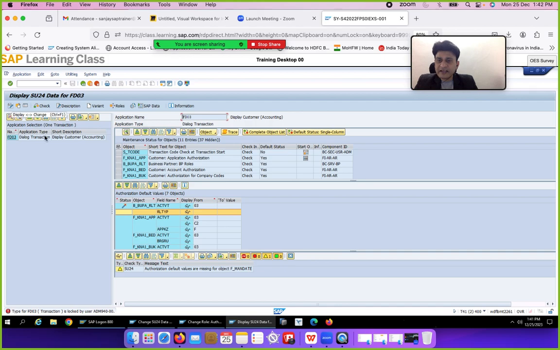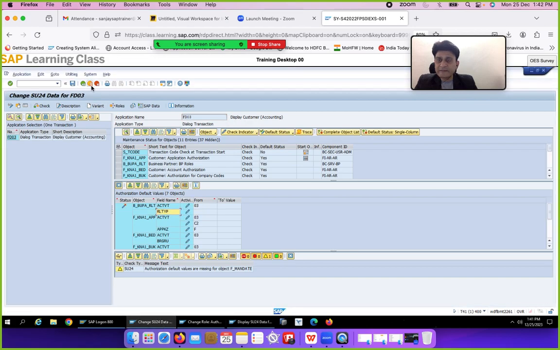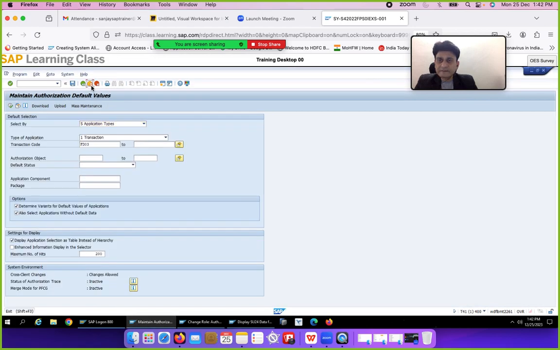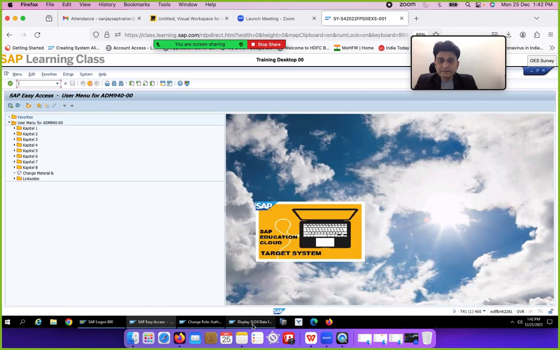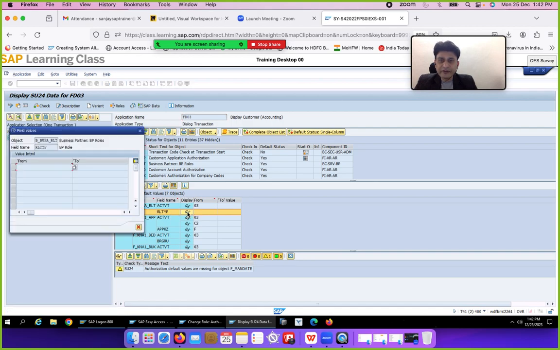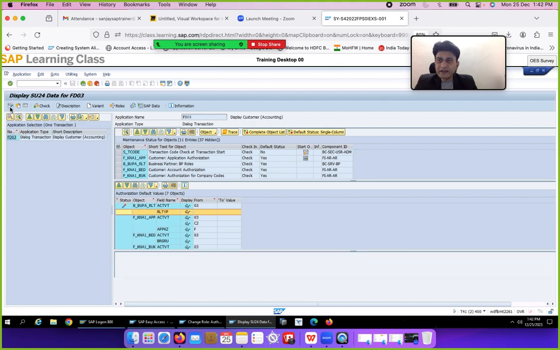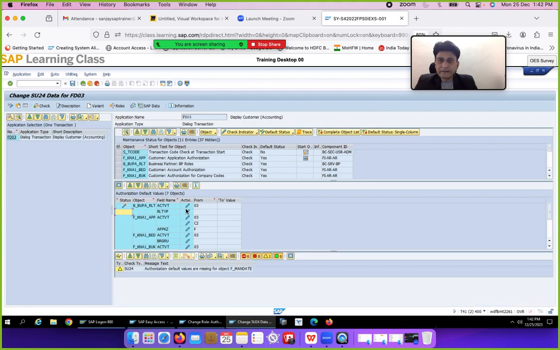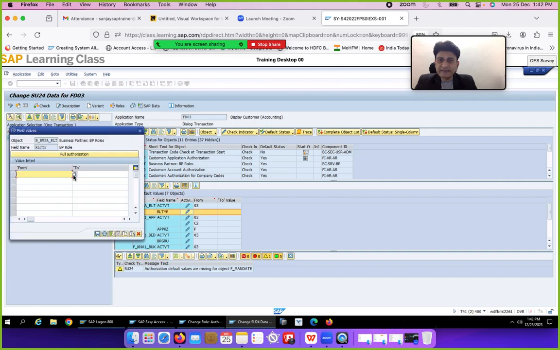Okay, the FD03 transaction is logged by the user. Okay, so now I'm going to change this default value for business partner. I am going to put some value here, RLTYP. I am going to assign some business